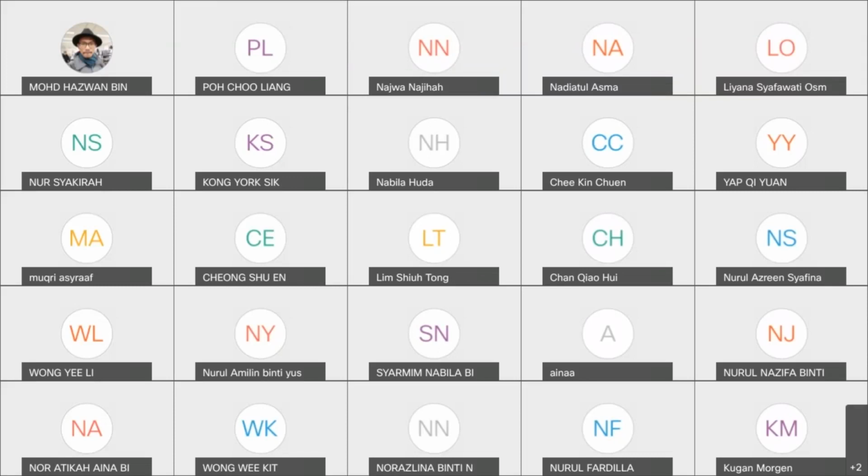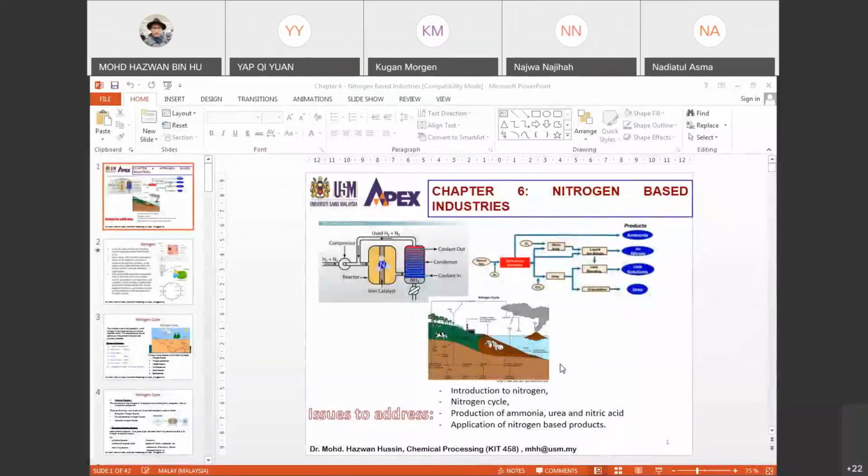We'll move on to a new chapter. I have actually uploaded your chapter 6 in your e-learning. Chapter 6 is basically on nitrogen-based industry. Probably today we just go slightly a bit on the introduction. Let me share the slides with you guys. Okay,